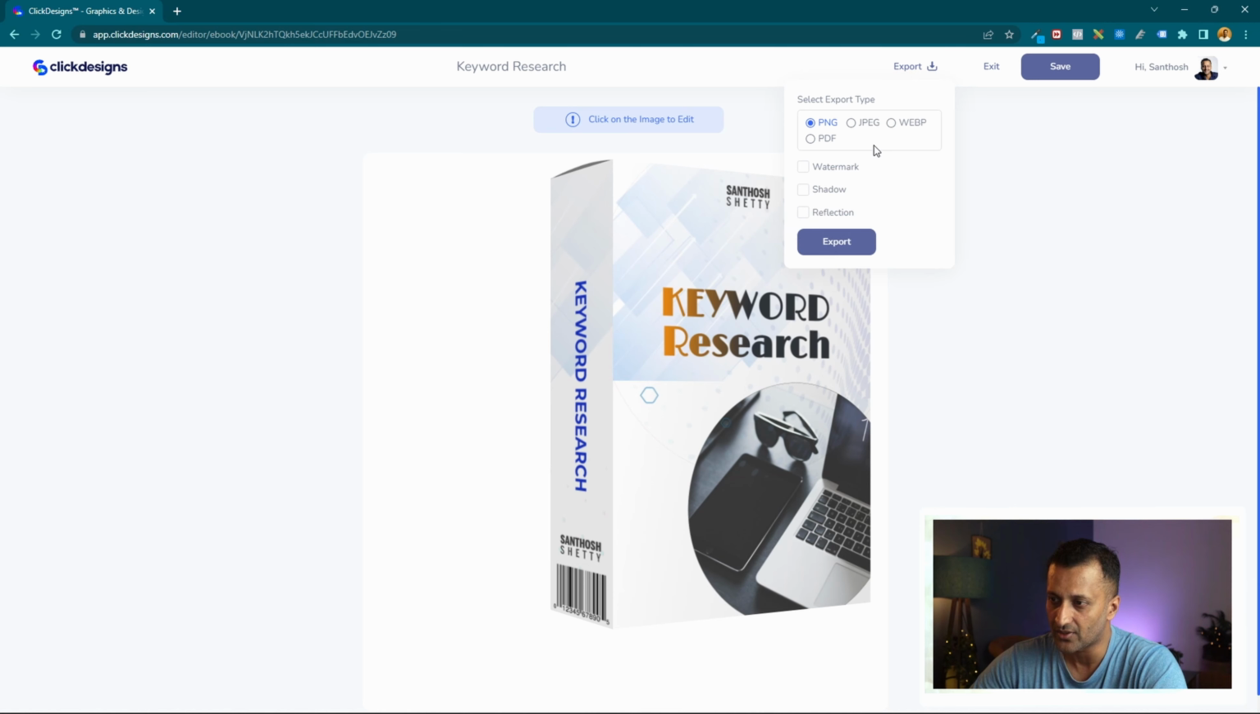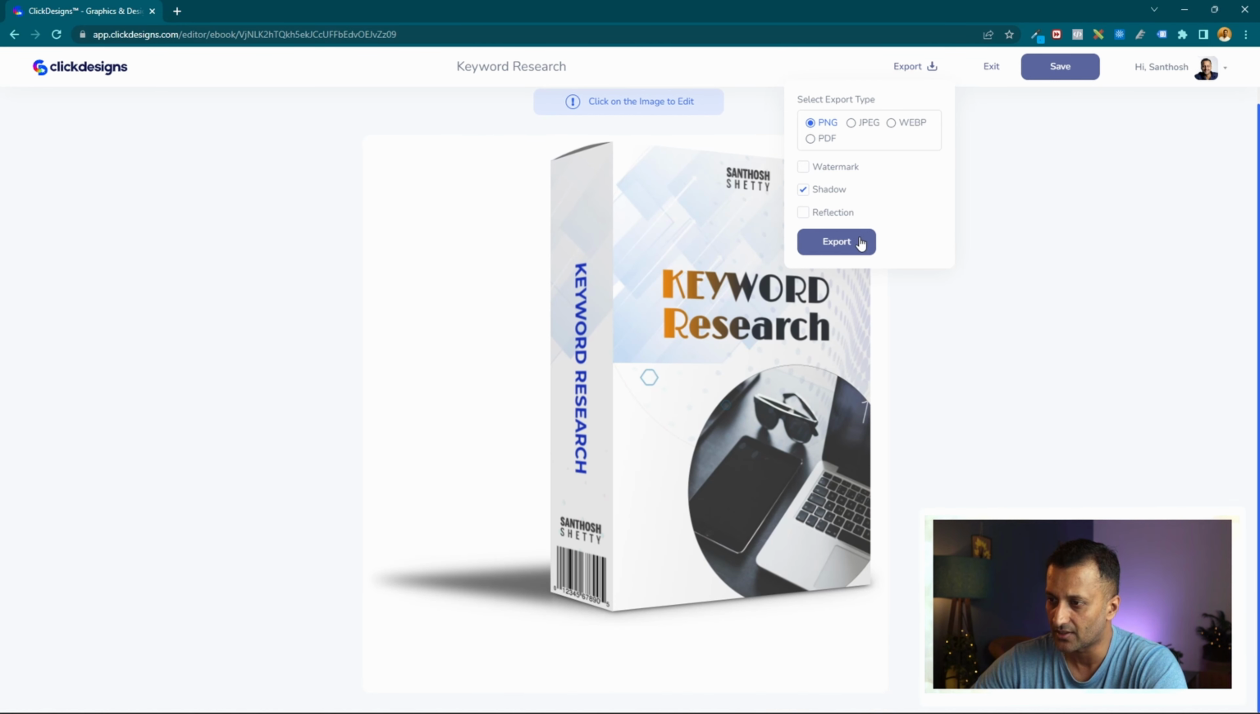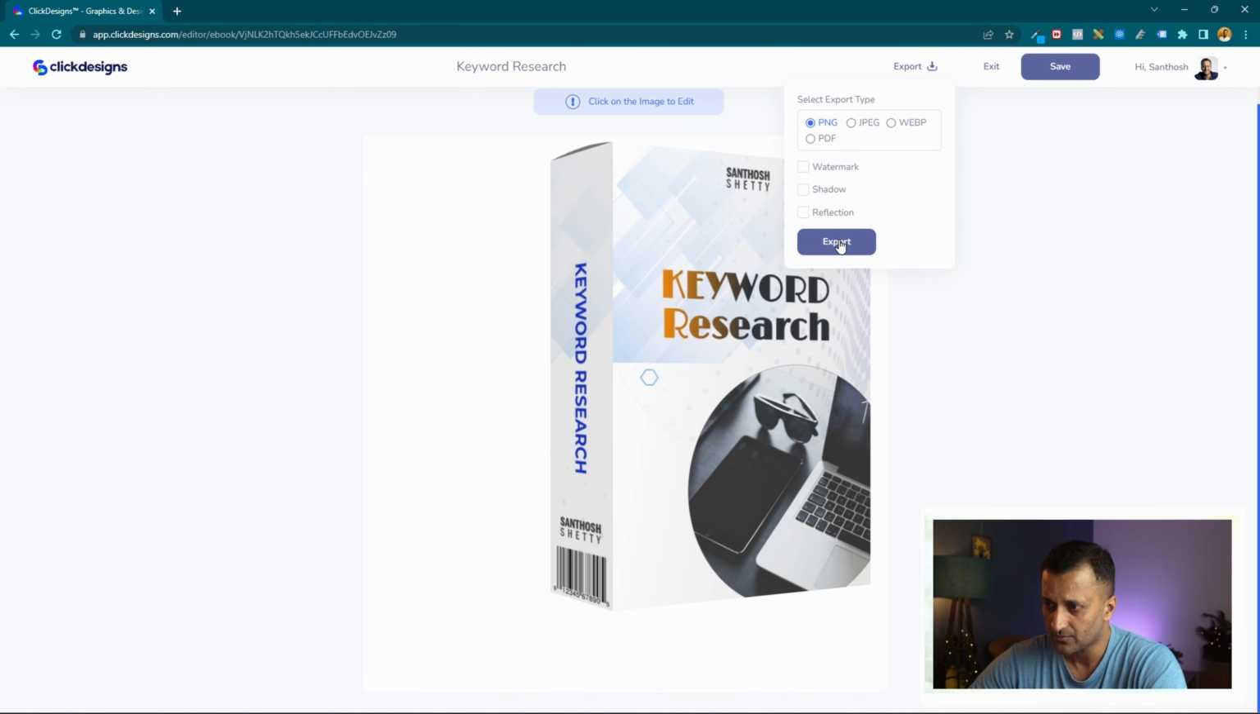You get all these different options. So select PNG, and I can use shadow. I can also use reflection like that if I want. I'm going to use shadow, and if you want to watermark it, if you're doing freelancing and if you want to upload it in any of these freelance websites, then you can watermark it with your own logo as well. Okay, so here we'll do export,